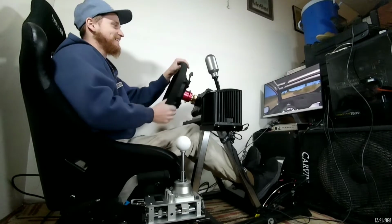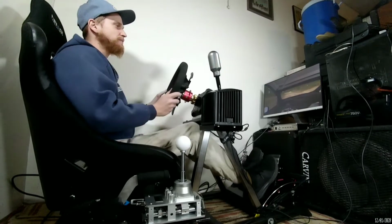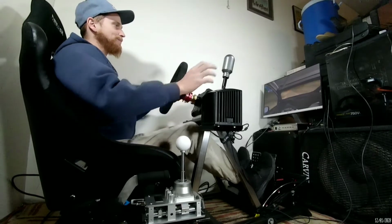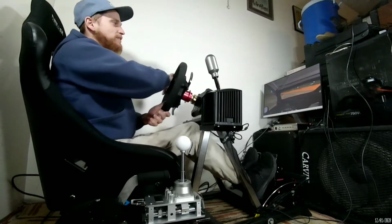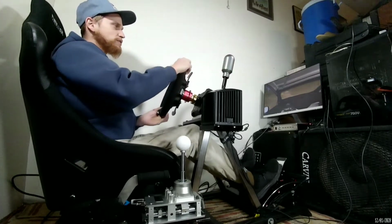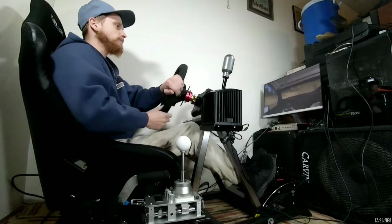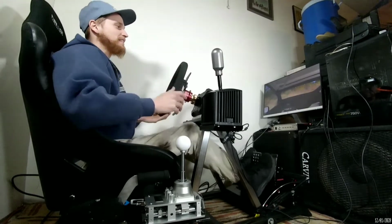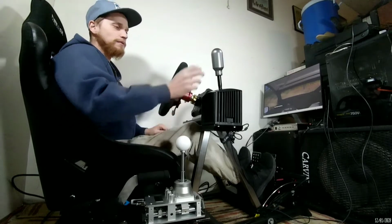2 right long 100. I mean, it doesn't feel bad, but it doesn't feel as natural. Like the motion feels natural. I think it crashed in the same spot. Like the motion feels natural, like